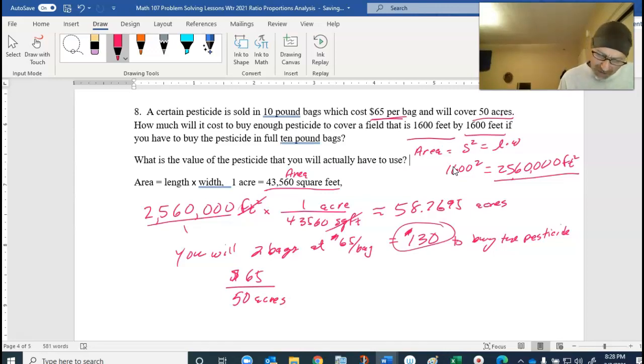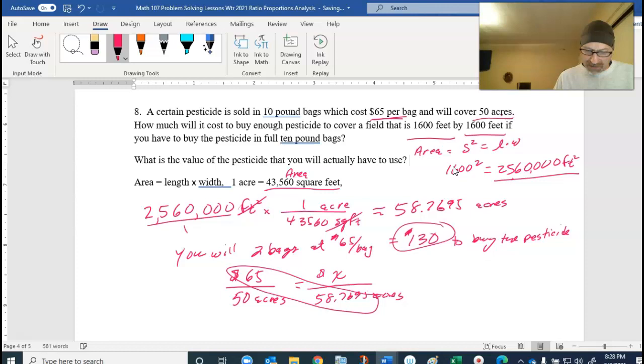And so we start out with, you can use a proportion. You can say how many dollars would that be, X dollars for 58.7695 acres, right? You've got dollars to acres and dollars to acres. So you can cross multiply and divide: 65 times 58.7695, and divide that by 50. And that gives us $76.40